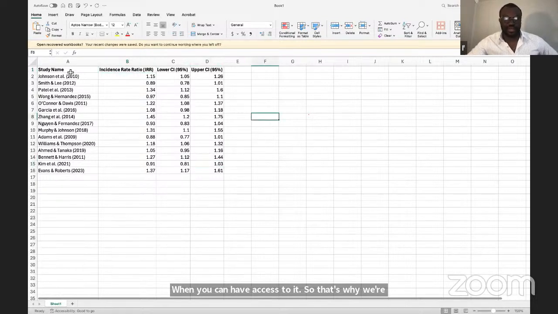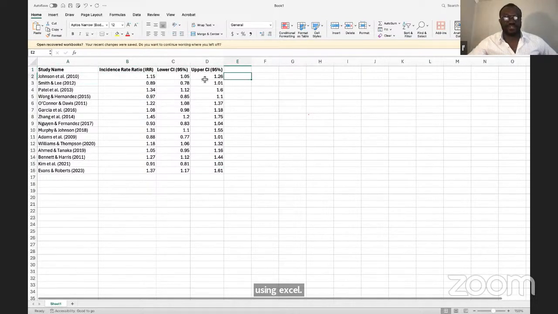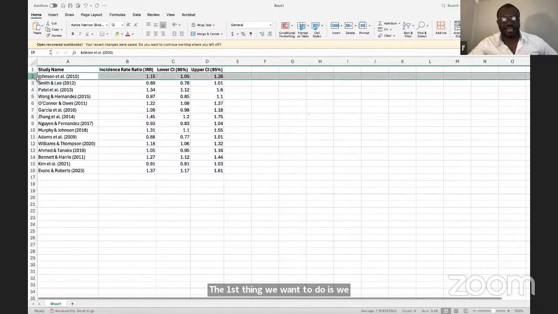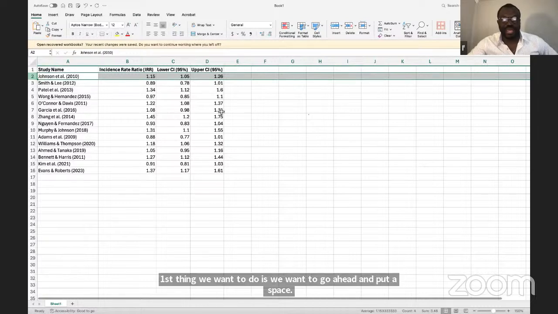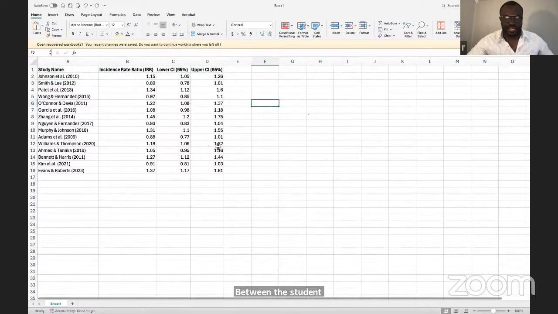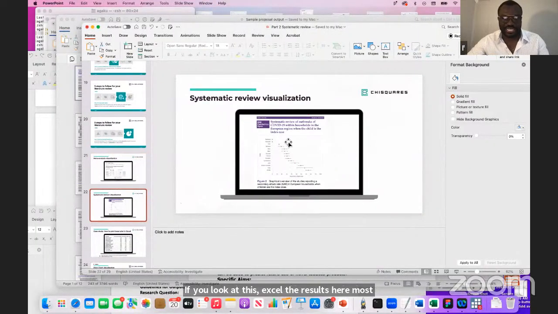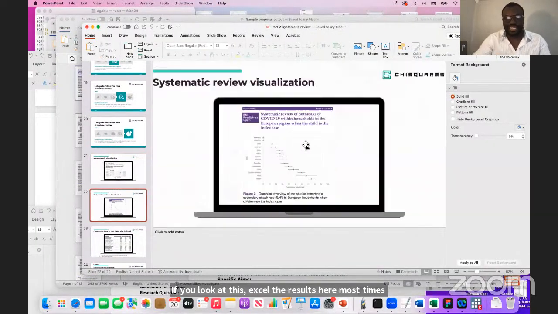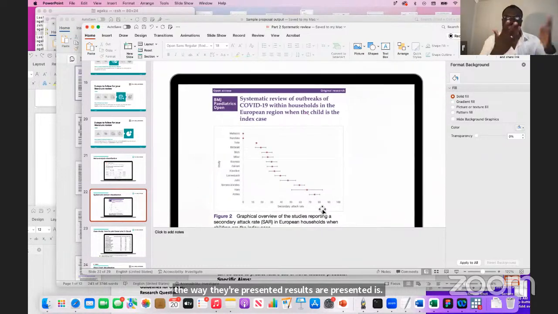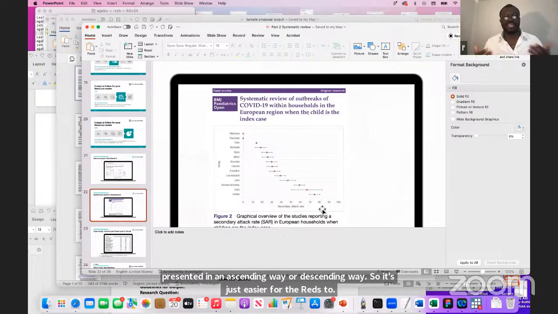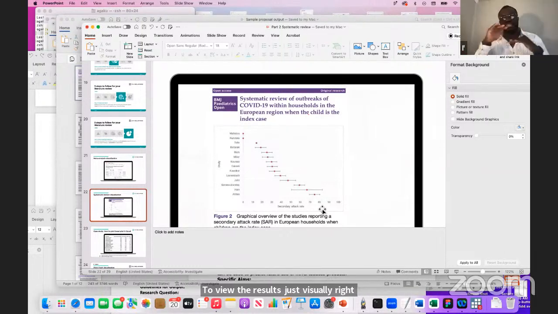All right, so the first thing we want to do is put a space between the study names. And before we do that, if you look at this Excel, most times the way results are presented is in an ascending or descending way. It's just easier for the reader to view the results visually. If we presented the results in a haphazard way, it's harder for the reader to